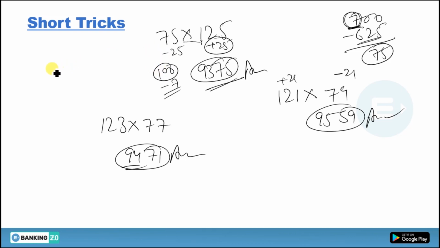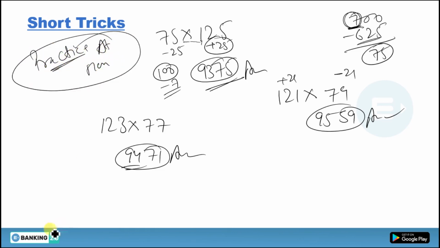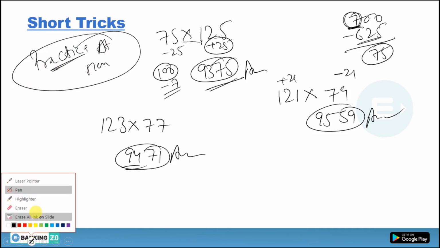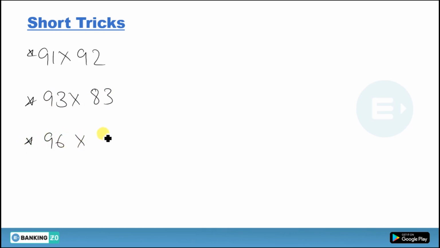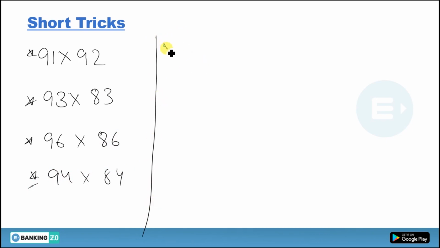I have told you, practice these questions at home. I'm going to give you some homework. First of all, you have to multiply 91 by 92 using those tricks. Then multiply 93 by 83. Then multiply 96 into 86. Then multiply 94 by 84. Do these. Now you also have to multiply